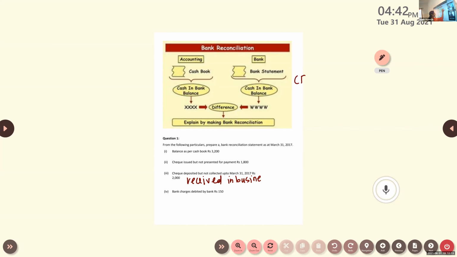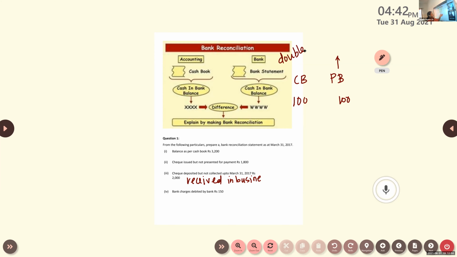Cash book and passbook both had the same balances. You understood what a passbook is? It is a book prepared by the bank about the business's bank transactions. In the cash book, we always talk about the double column cash book, because the double column cash book has the bank amount column.